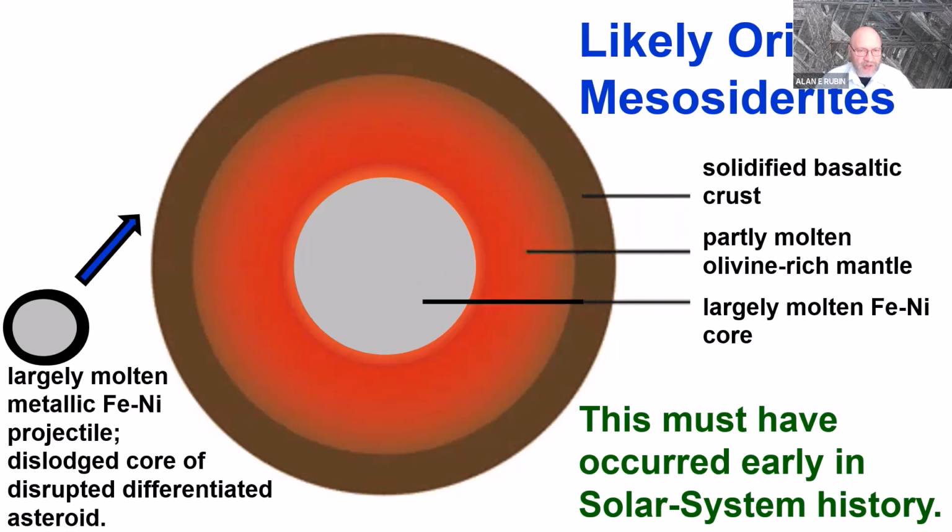So again, early in solar system history, before there had been appreciable crystallization of the cores, one of these asteroids got destroyed, and the core fragments impacted at only moderate velocity the basaltic crust that had already formed in this differentiating asteroid. Okay, that is all I have for you